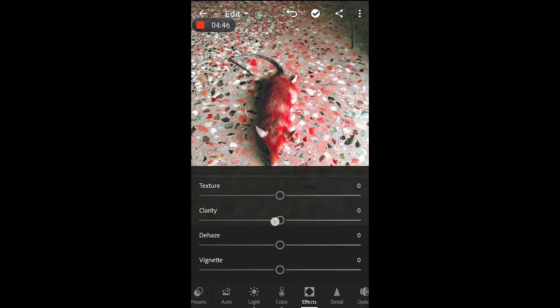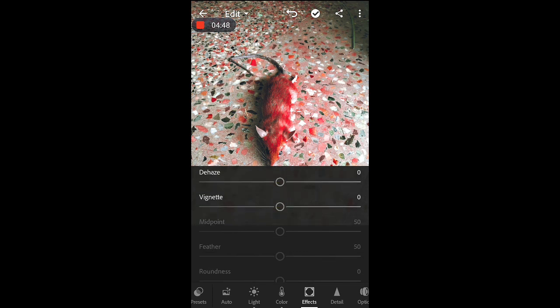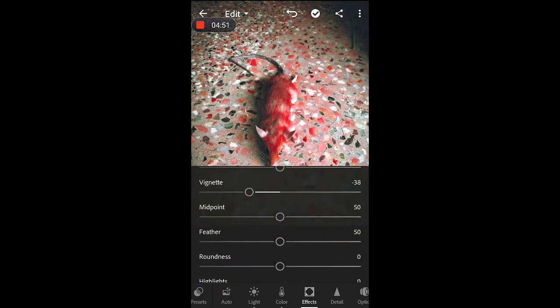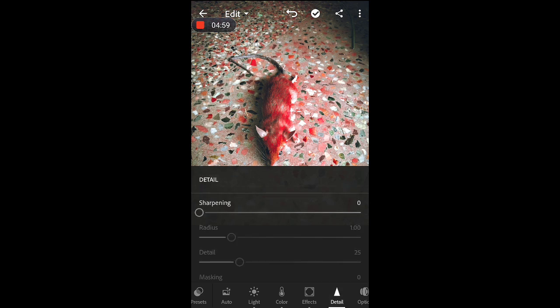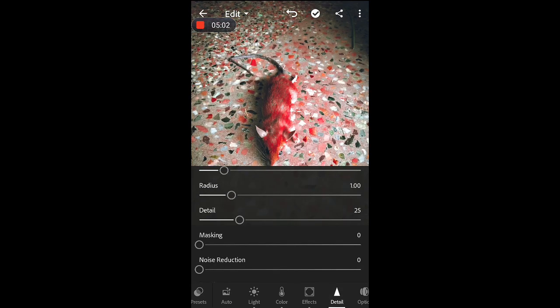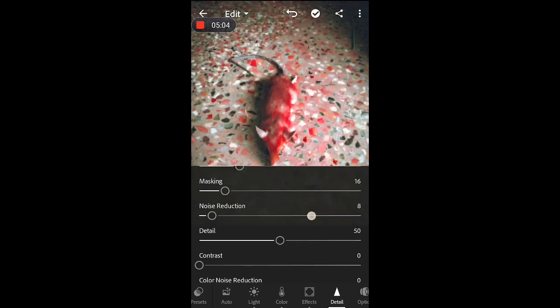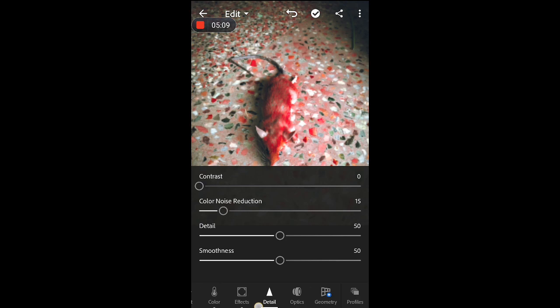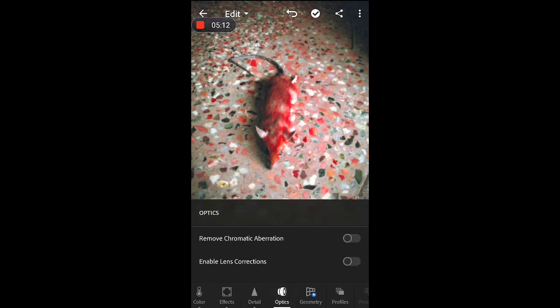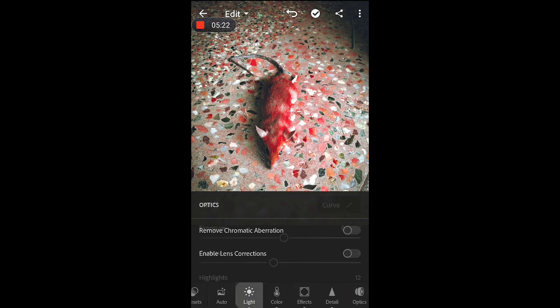effects. The effects are texture, clarity, dehaze, vignette, and midtones. There are a lot of options: highlights, grain size, roughness. The next one is sharpness, detail. There are a lot of options that I recommend for photo editing in this app. And the next one is optics. If you want, use it, or otherwise skip the part. And